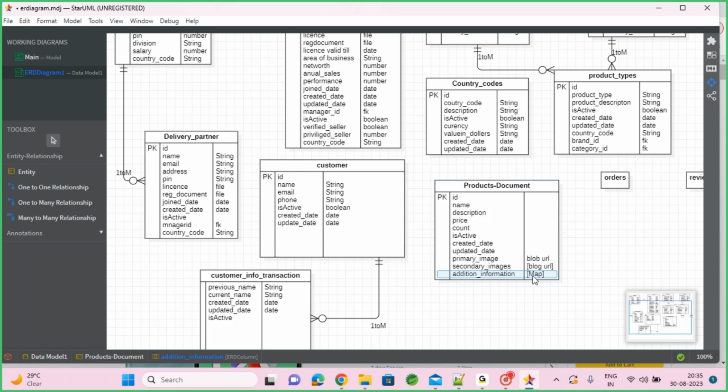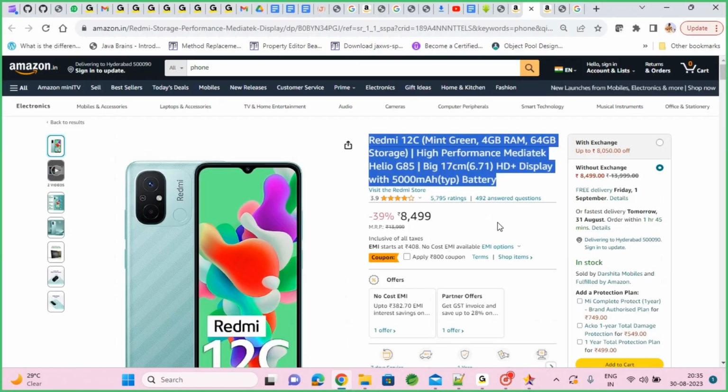In additional information, if I take a map type, a map can hold key value pairs while adding additional information. When you see the differences,